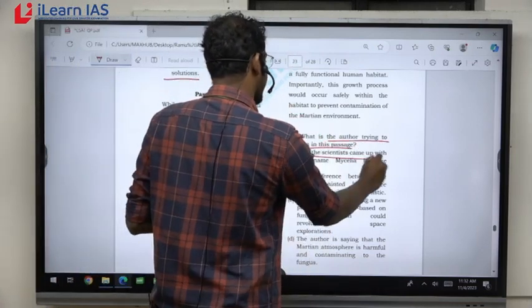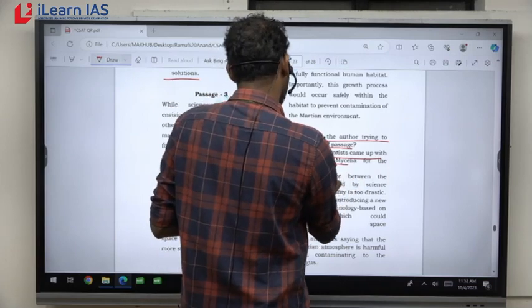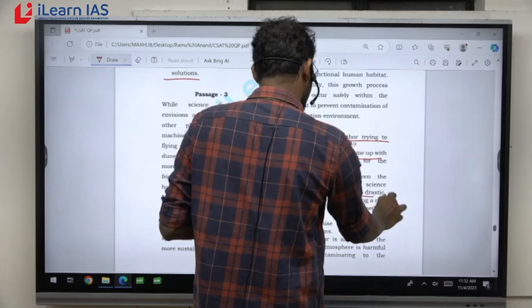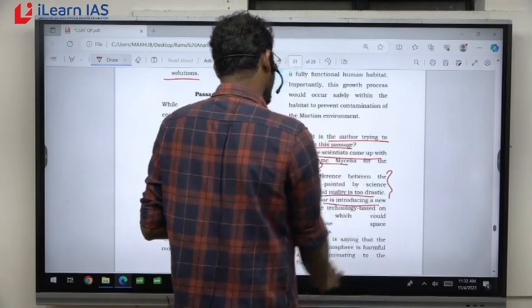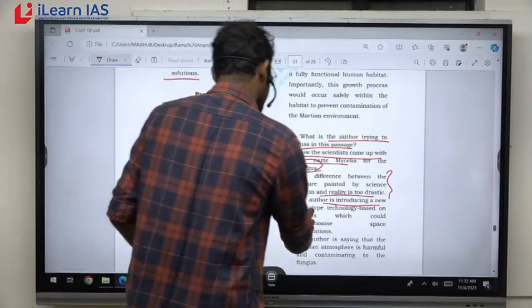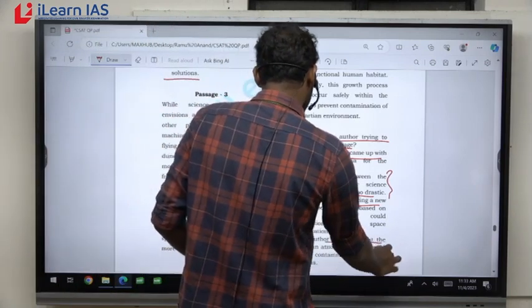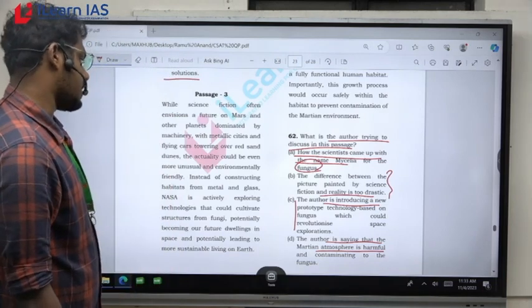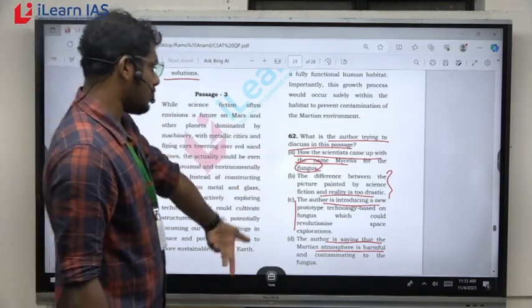How the scientists came up with the name of mycelia for the fungus. The difference between the picture painted by science fiction and reality is too drastic. The author is introducing a new prototype technology based on fungus which could revolutionize space exploration. The author is saying that the Martian atmosphere is harmful and contaminating to the fungus. Okay, so all the four statements